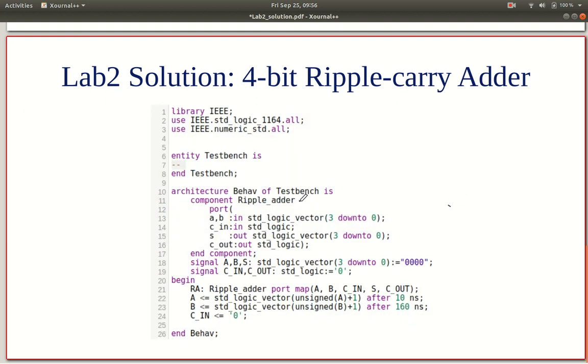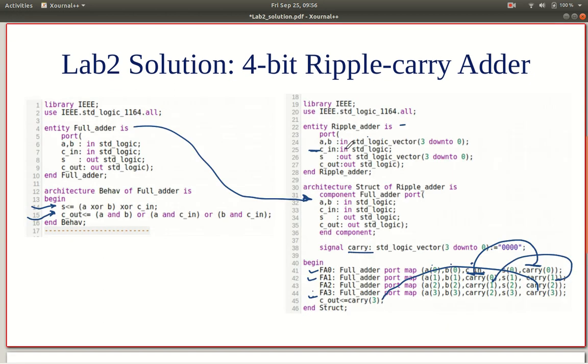This is something interesting. Notice that in the previous examples, we had to declare the library IEEE standard logic 1164.all in order to use the standard logic vector type.